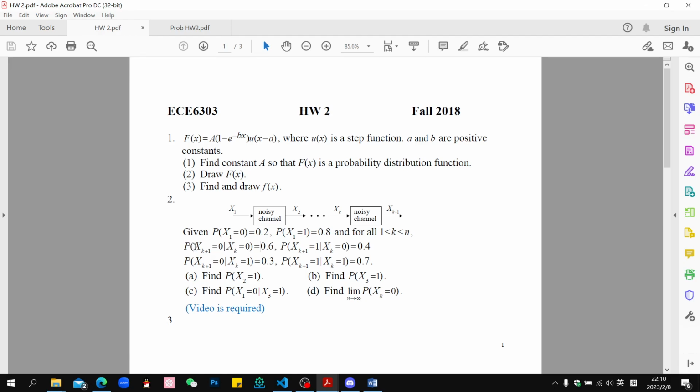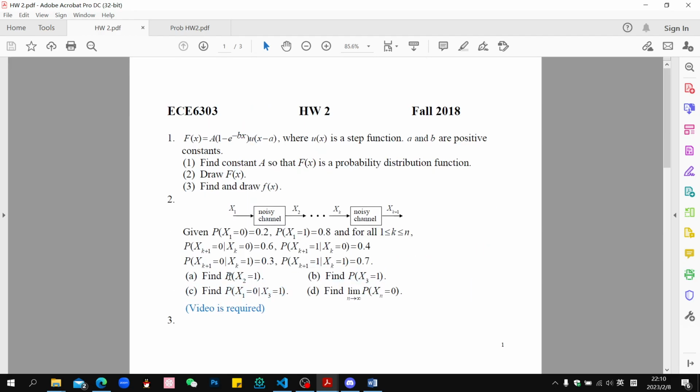the probability for xk plus 1 to be 0 when xk is 0 is 0.6, and the probability for xk plus 1 to be 1 when xk is 0 is 0.4. The probability for xk plus 1 to be 0 when xk is 1 is 0.3, and the probability for xk plus 1 to be 1 when xk is 1 is 0.7. We have to find these